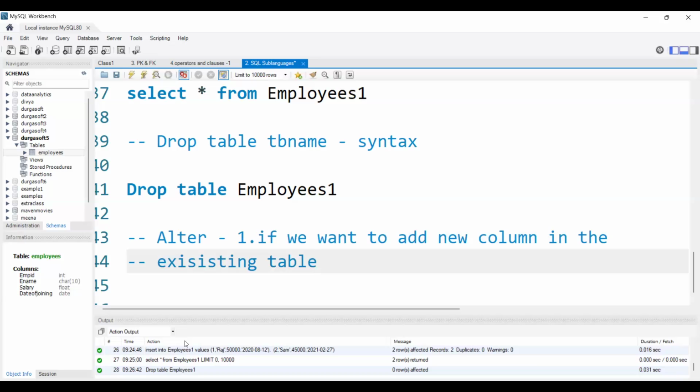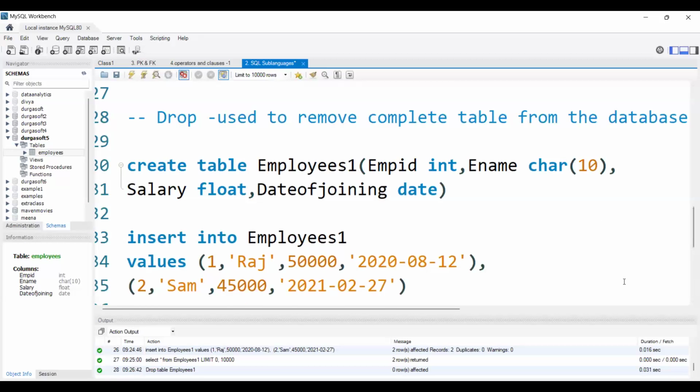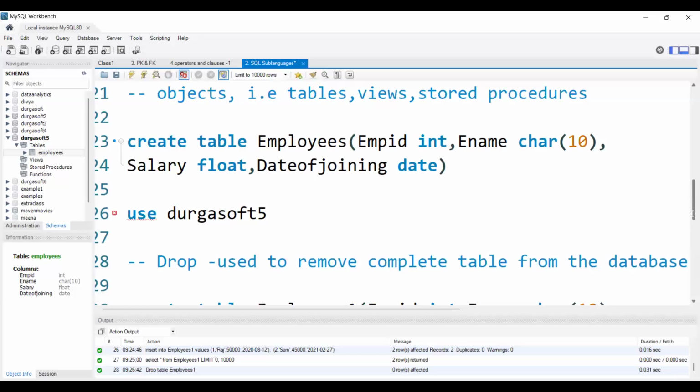Whenever I'm creating any table, we will give the column names, right? Like how we did whenever we created the employees table. I gave 4 columns here: employee ID, employee name, salary, and date of joining. So before, whenever we are creating, we only give some column names and create.